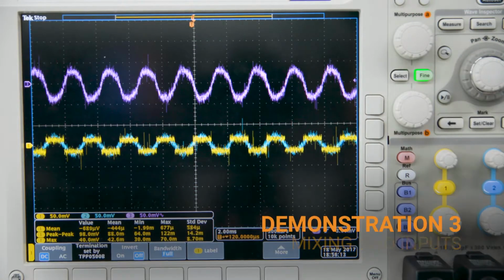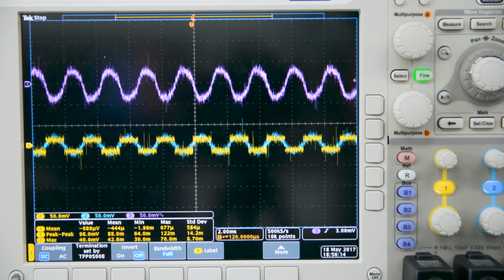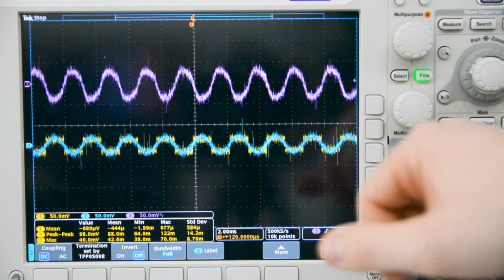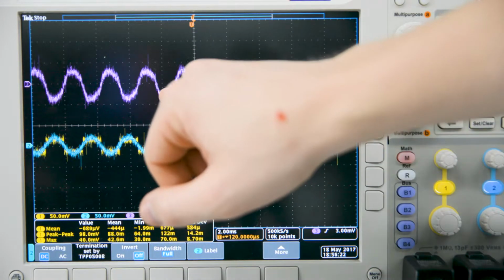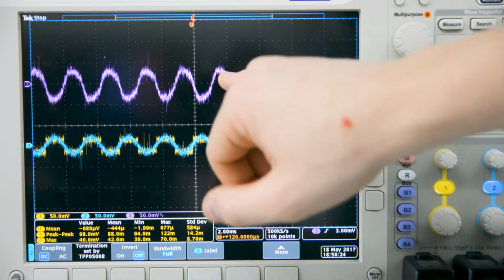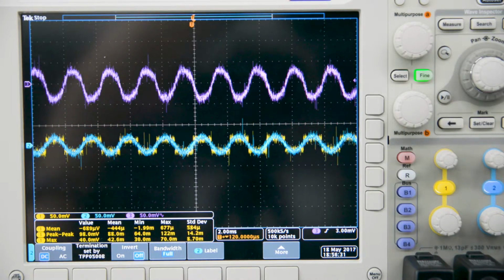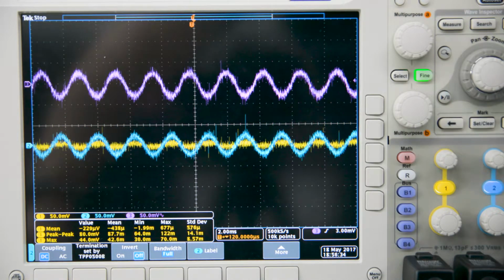This setup is the same as the previous experiments, but now we're looking at more how the potential dividers can be used to mix two signals instead of just looking at adding sine waves. So here we see that the yellow trace is a square wave and the blue trace is a sine wave, and there are two inputs. And at the moment they're adding together at the output to form a sort of halfway house between a sine and a square wave. So if we shine a light on the LDR corresponding to the yellow trace, we see